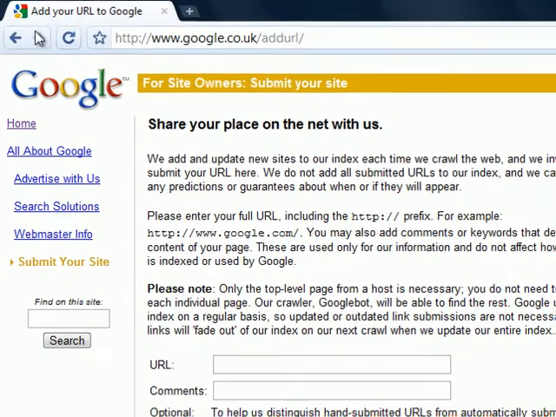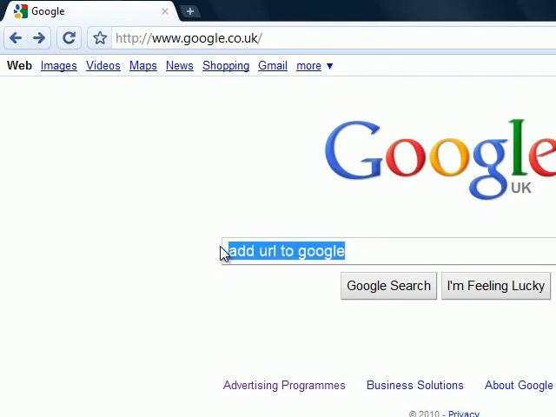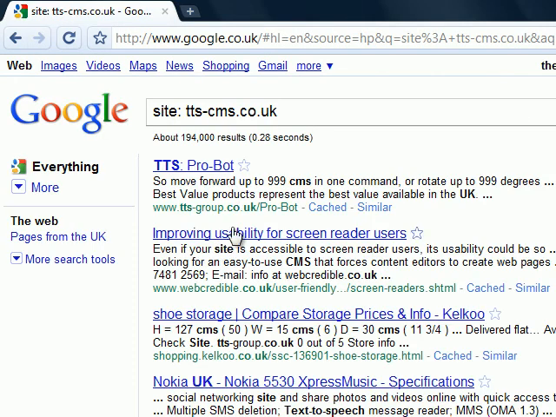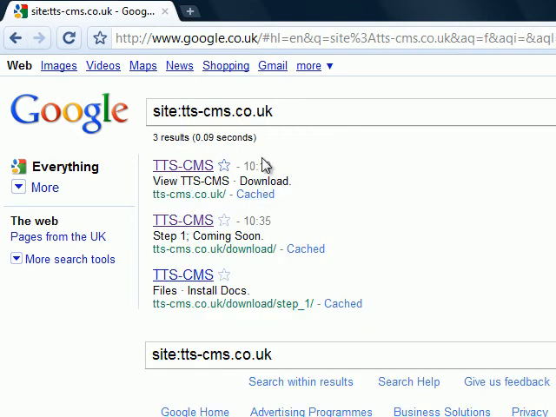Right, okay, I'll go back to the search operator thing first. And to find out whether or not you're actually on there, you simply type in site:/tts-cms.co.uk, replace that with your website, and it'll come up with the number of results listed from your website. Now I have 3 listed at the moment, and this will increase quite a lot as time goes on, and you'll probably notice it throughout the tutorial series. I'm not sure, depends how quickly it indexes my website again